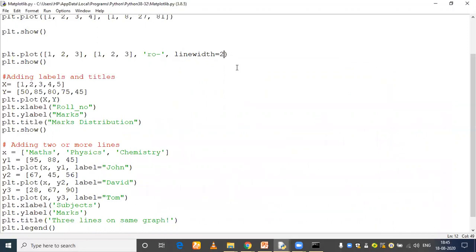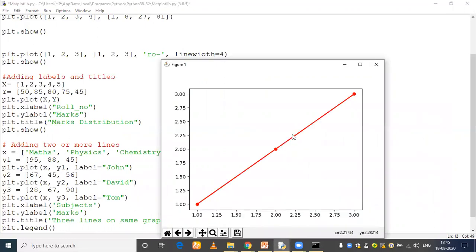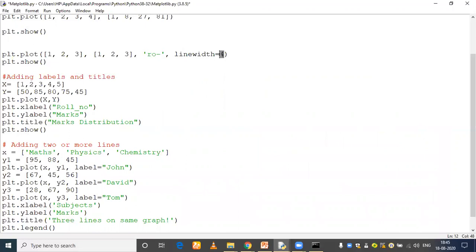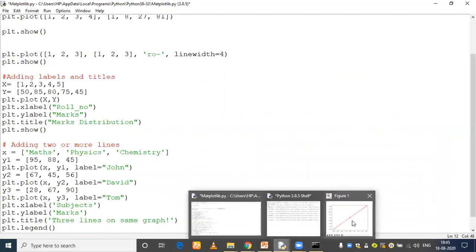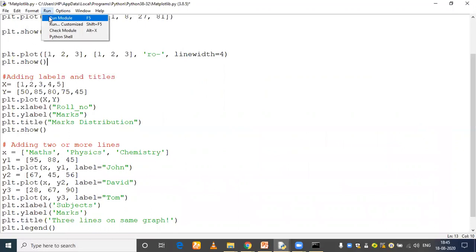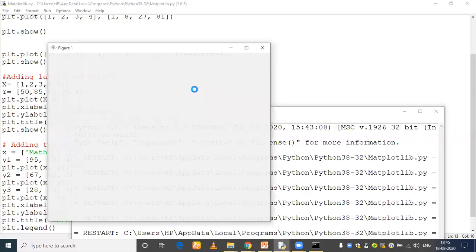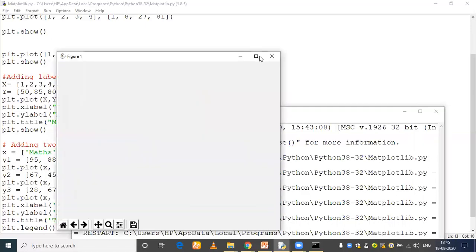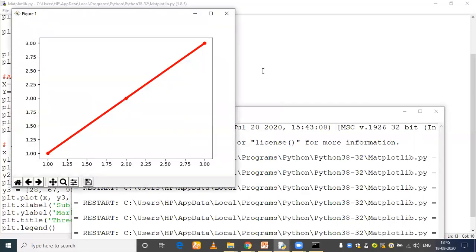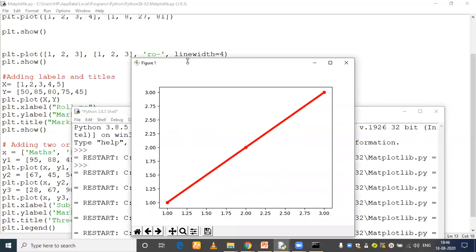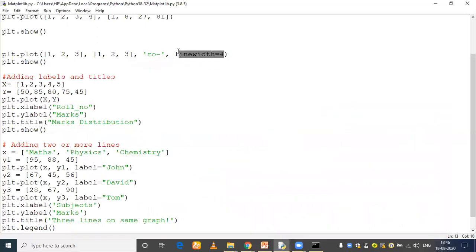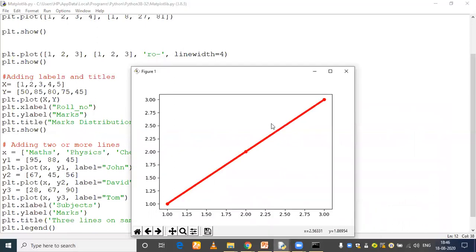If you would like to increase it, for example to 4, at this time focus on this code. This is the width of the line. I have changed it to 4. Initially it is 2 here. Now let me run this code again. This is the first plot, and then the second plot, and then this one we are going to get. Can you see the width of the line has changed from 2 to 4? Because we have specified linewidth equal to 4. Through this parameter, you can change the width of the line. Okay, can you see the output looks like this one?